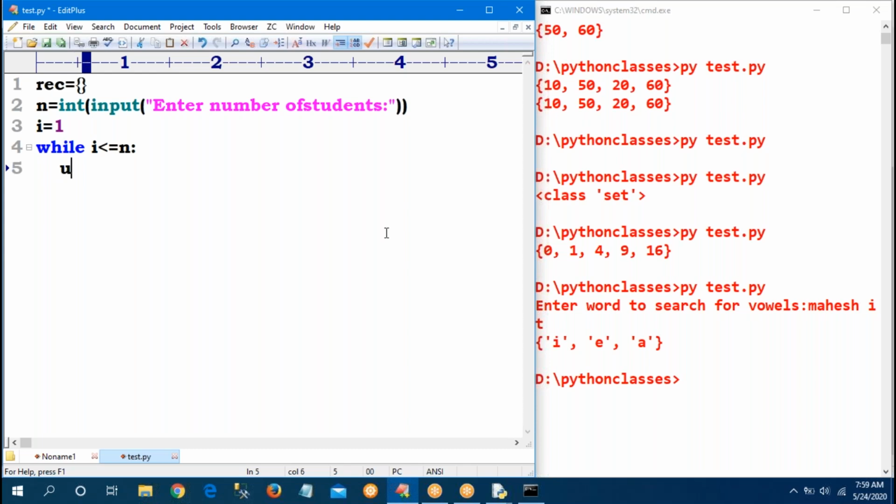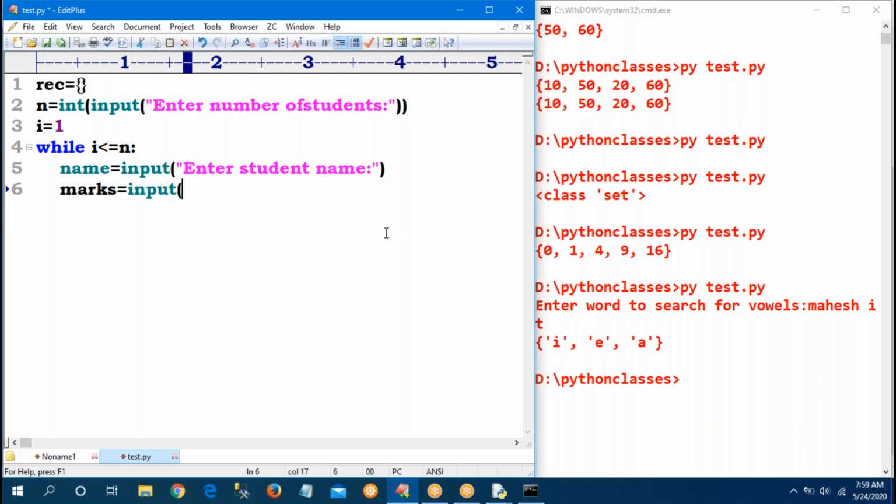Sir, you can ask the student name. How to ask? Input, enter student name. Which variable? Name variable. Next, percentage of the marks.